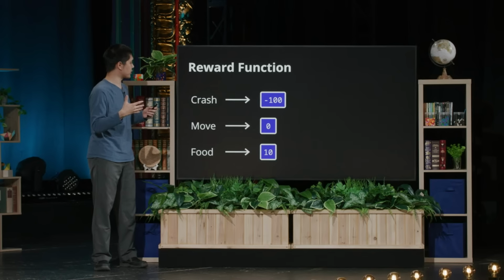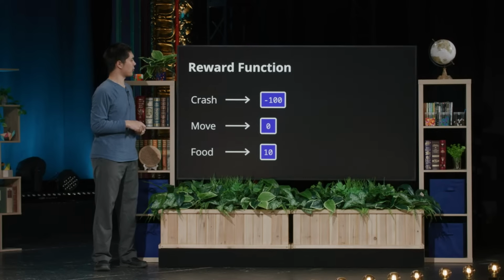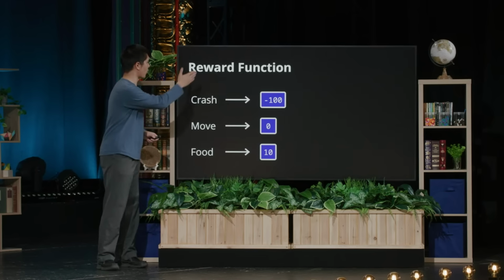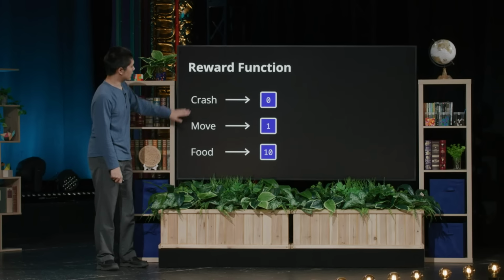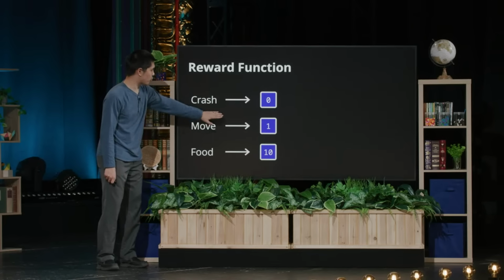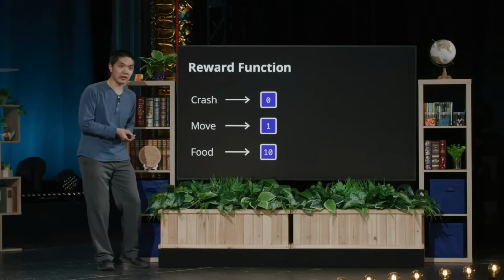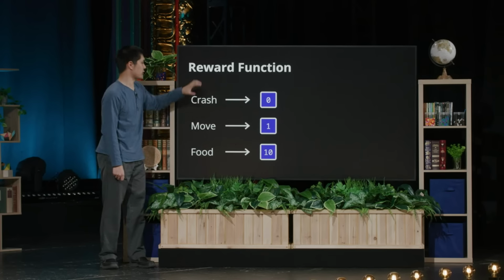Then what the AI is going to do is whatever is going to result in just increasing that reward as much as possible. So imagine for a moment that I had chosen slightly different numbers for what to give as rewards for each of these possible options. Maybe I had said crashing is 0, moving is 1, and food is 10. This maybe initially still looks kind of reasonable.